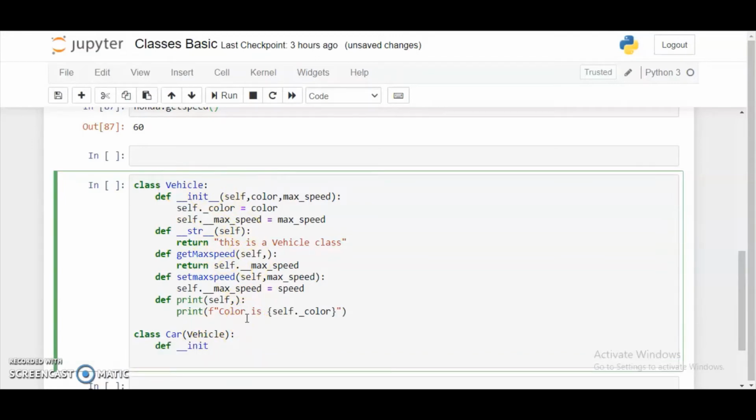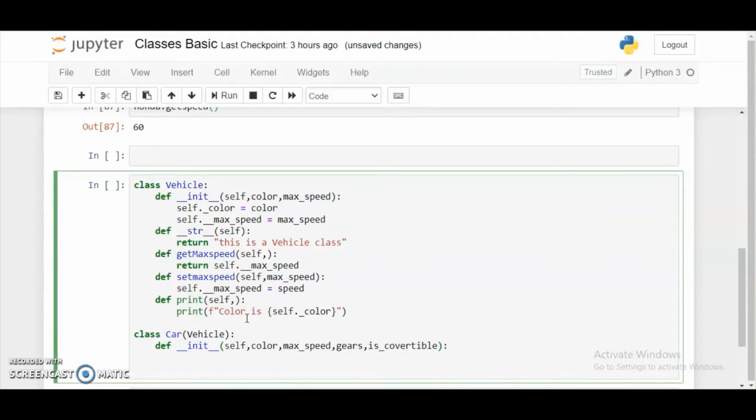So let's do it. For defining the Car class, we need to give all the data members like color, max speed, and more than that, I'll define gears and is_convertible. I will not declare max speed and color again. I will just call super dunder init and pass color and max speed.